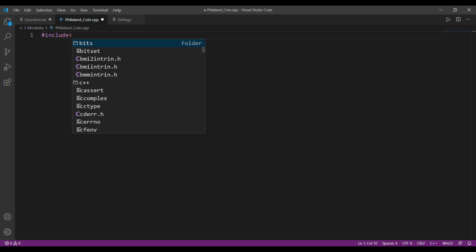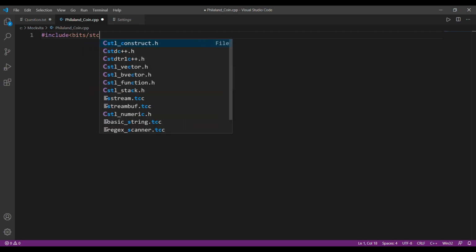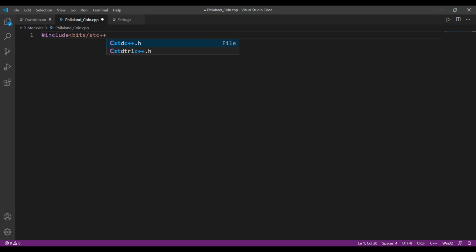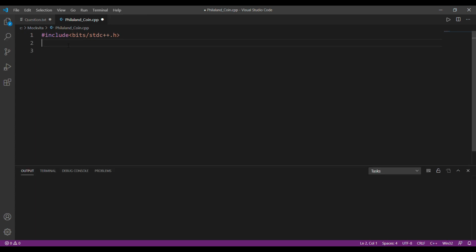I'm currently using C++. You can use any language with which you are familiar. CodeVita actually provides a lot of options, like Python, C++, Java, C. It's all your choice. Okay, so using namespace std, int main.